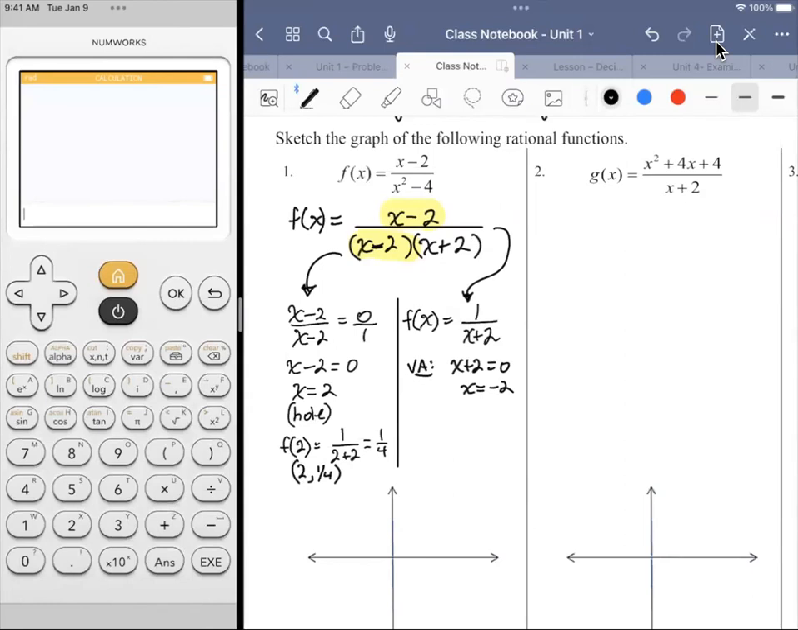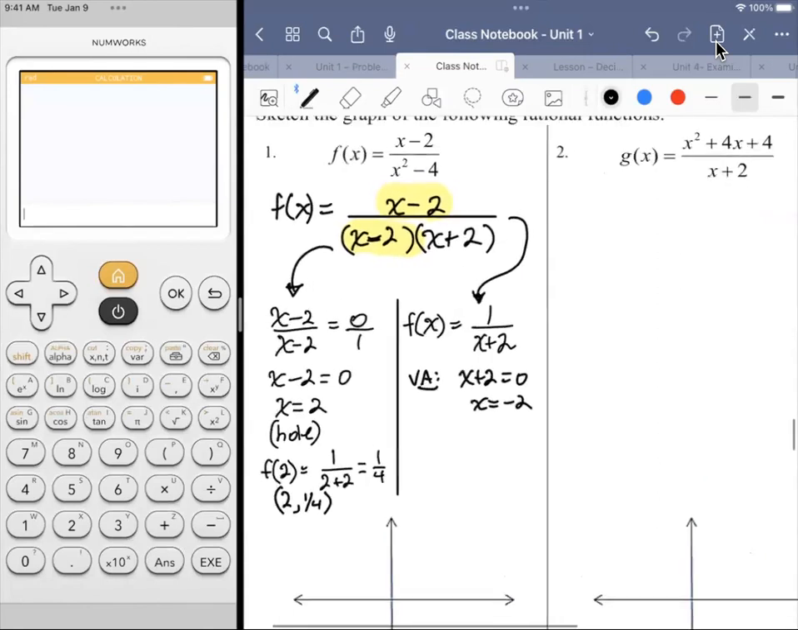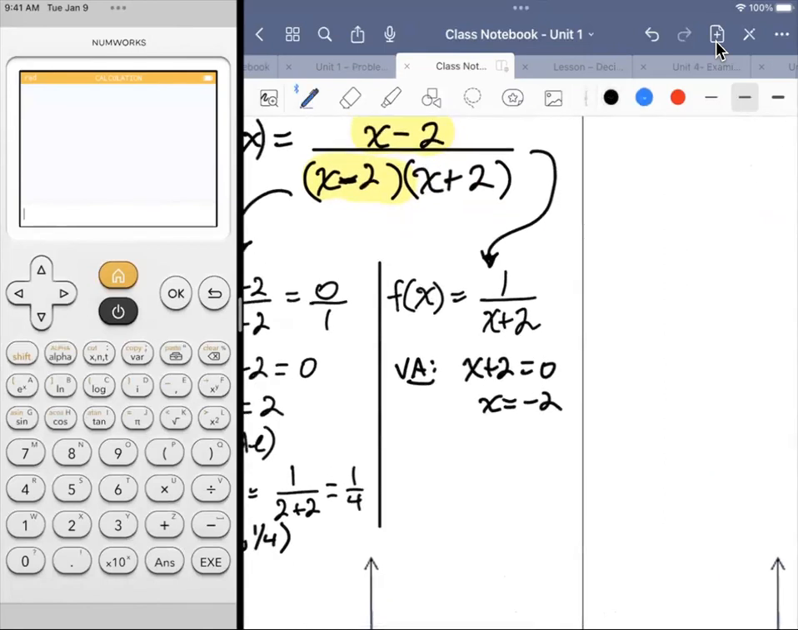All right. Now just going back to this simplified function, I can assume an x to the 0th power here. So on the top, even if there is no visible x, it's still there. It's just raised to the 0th power. And then this x plus 2 on the bottom, that could be thought of as 1x to the 1st. So for a horizontal asymptote,